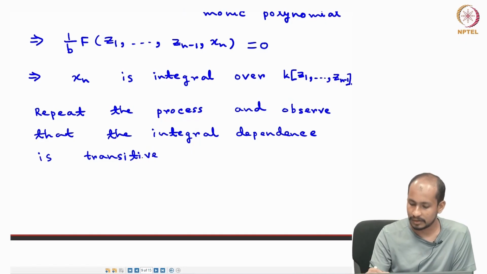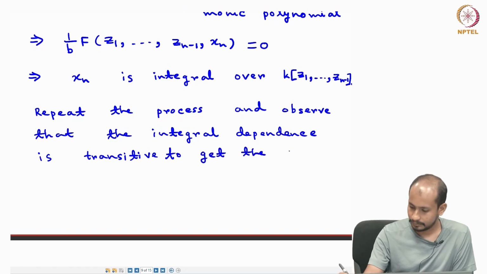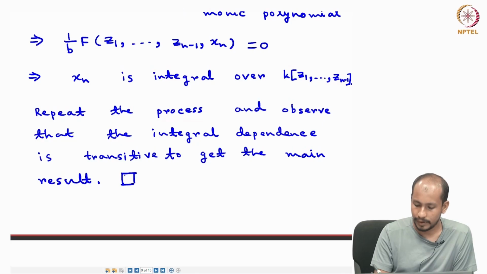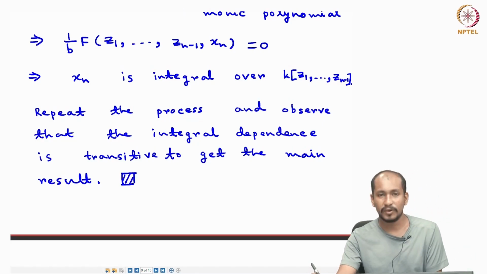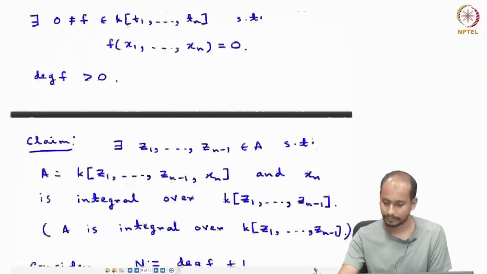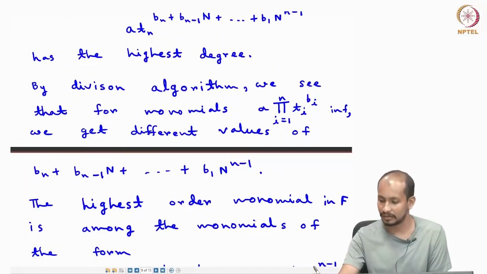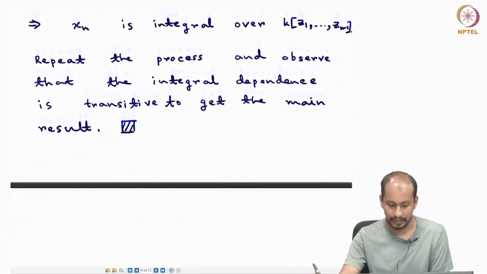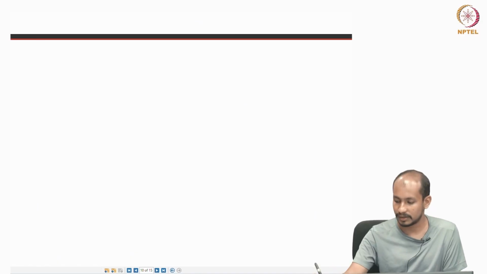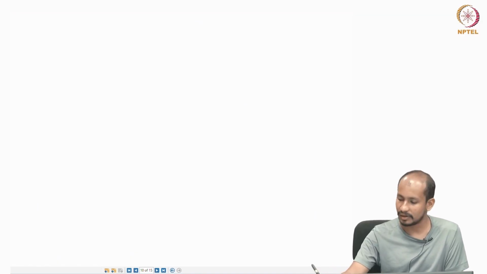Okay, we repeat the process to get the result, the main result. So we are done. So the proof is a little technical, but it is not too difficult. Okay. Now I will state a generalization of this Noether normalization lemma, and the proof is by all means similar to